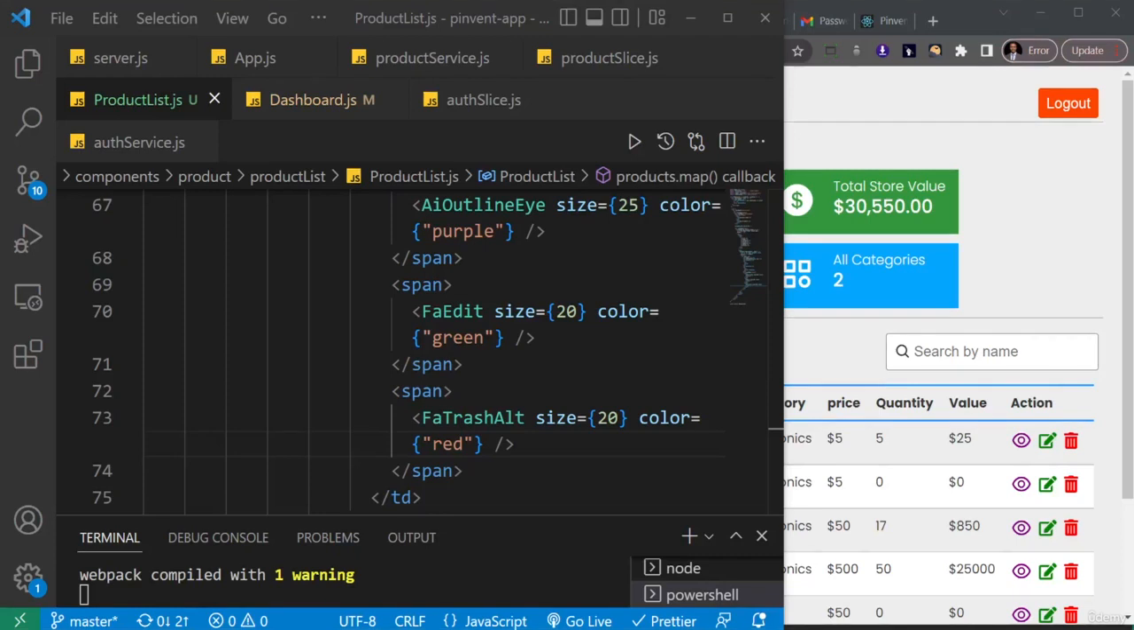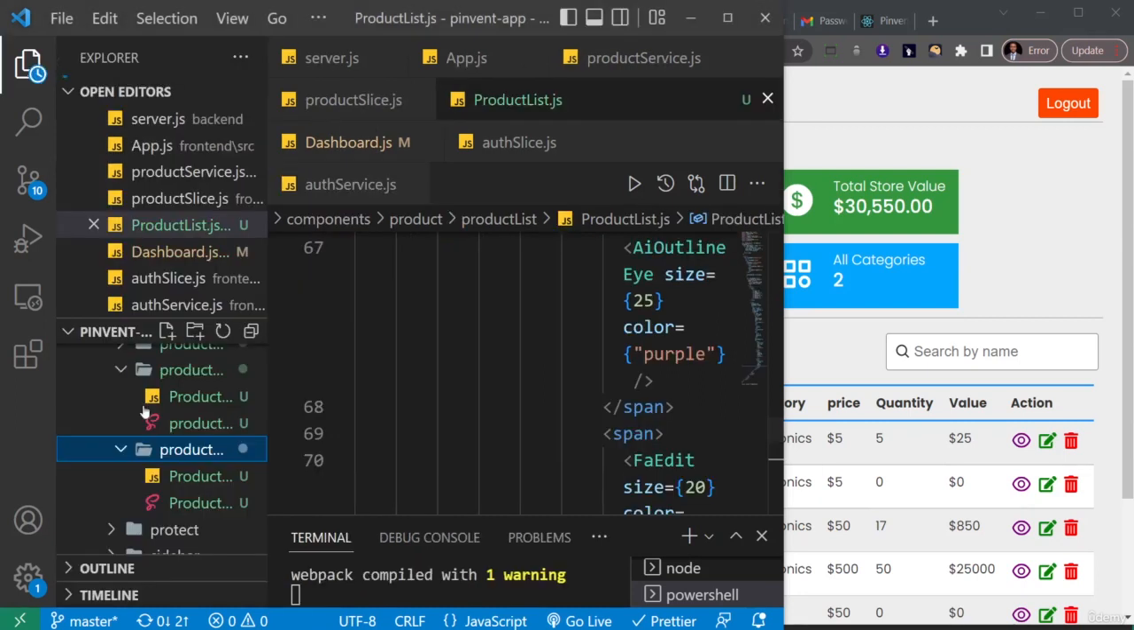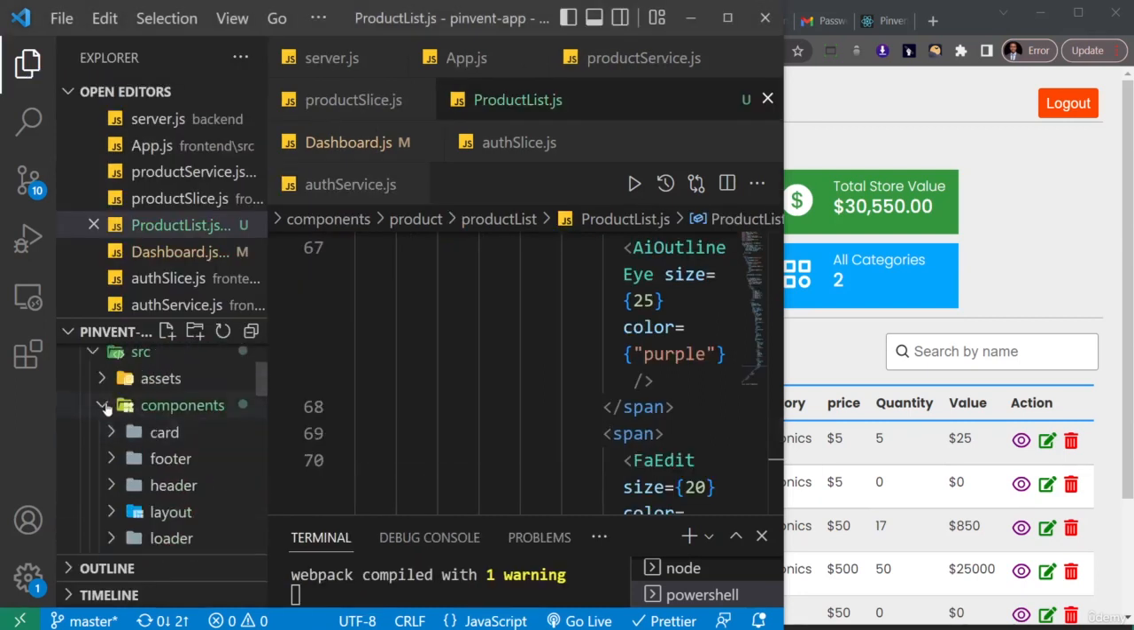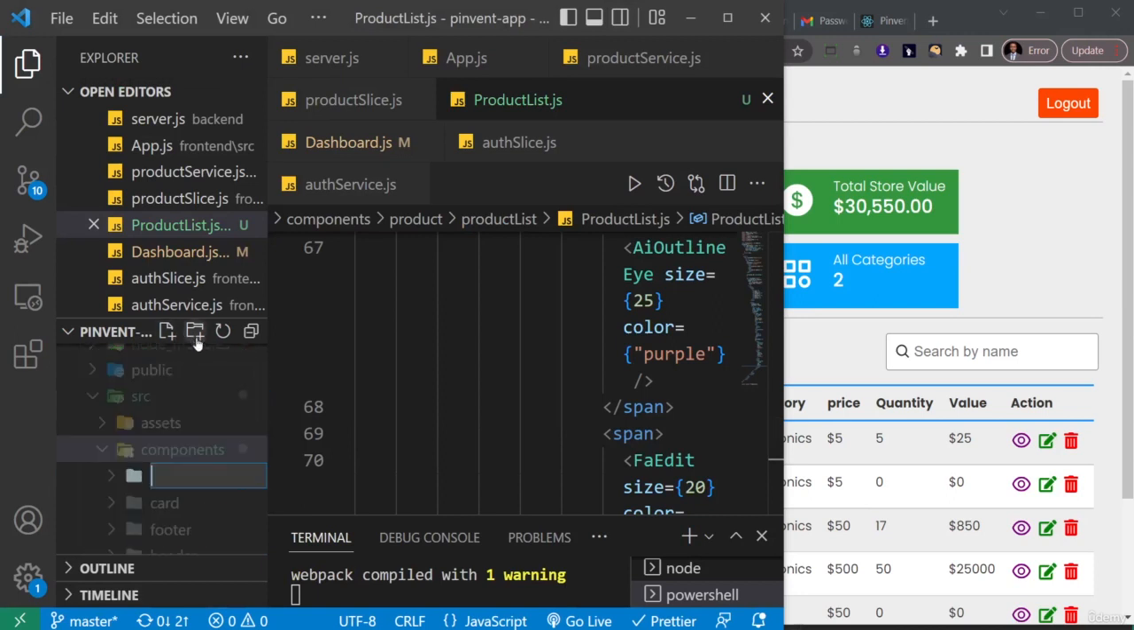Okay, so now let's implement the search functionality for this product list. What I've got to do is create a special component that I will call Search. So let me head over to my components folder, and inside of that I'll create a search folder. Now inside the search folder, let's create the search.js file,